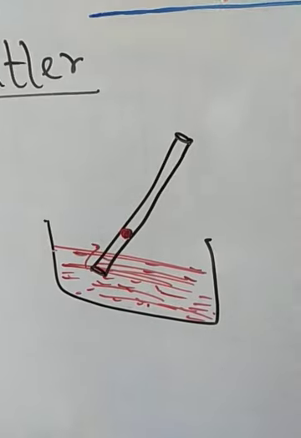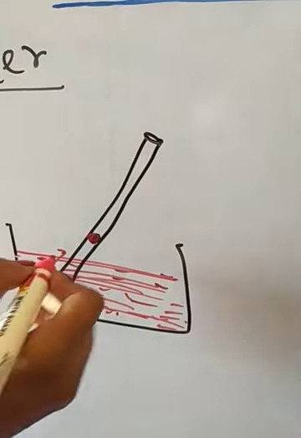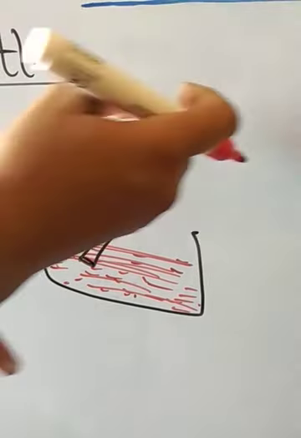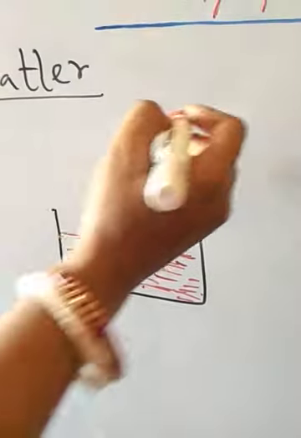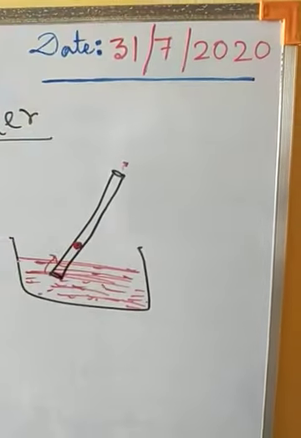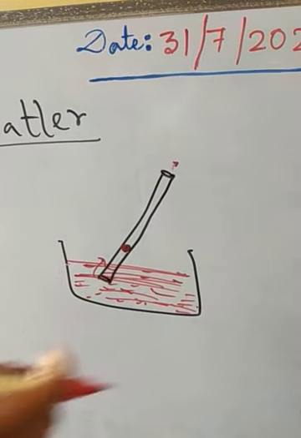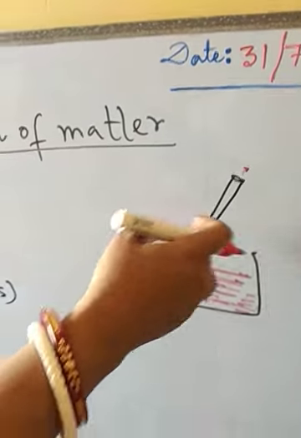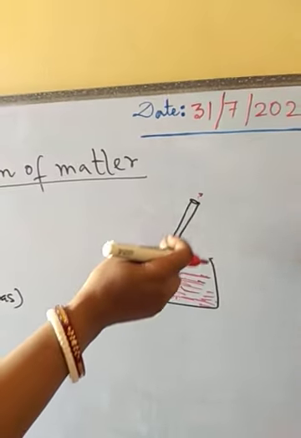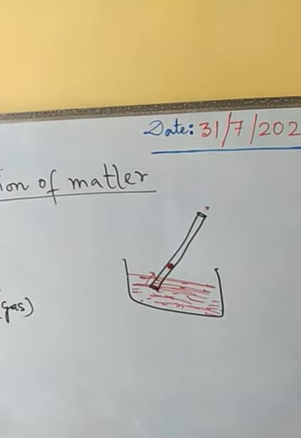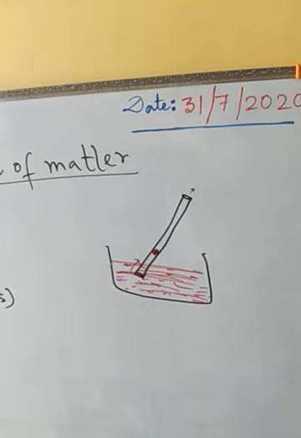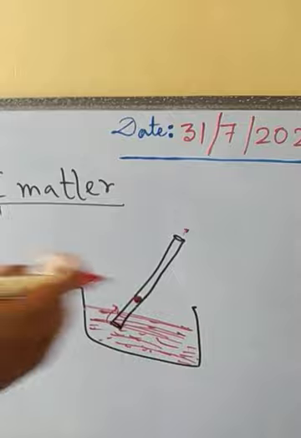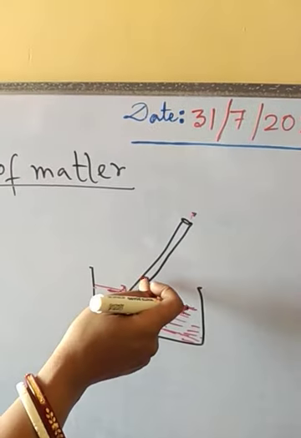We can do this just as we use a straw to have soft drinks. In this manner we can get the liquid here. If we suck the air inside the capillary, then a little bit of this liquid will get inside the capillary. If we dip the capillary in the liquid, then also we will get a drop, and a little bit of this liquid will be enough to do this experiment. So a drop of liquid will get inside the capillary, and then we will take the capillary with the drop of liquid here.